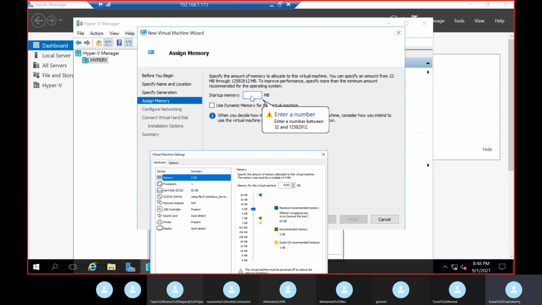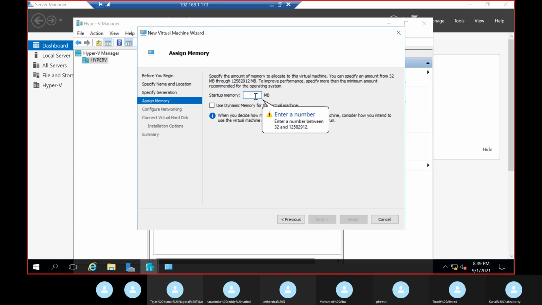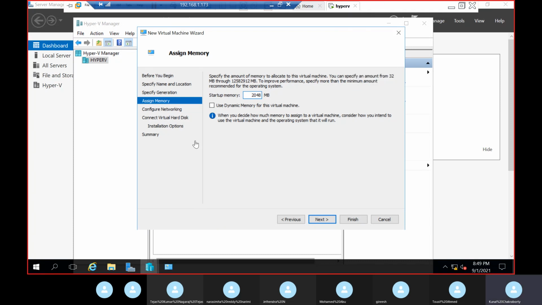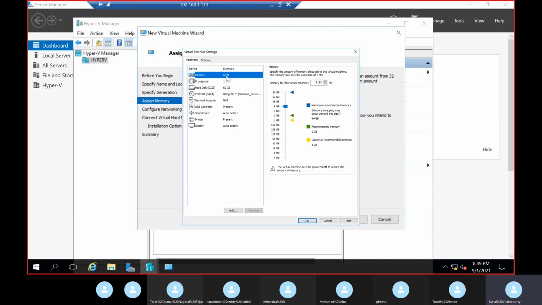It's a little bit confusing because inside that VM you are creating another virtual machine. Correct? So in short and simple, just provide 4 GB to your VM. Inside that VM, when you are going to configure Hyper-V and create any virtual machine there, 2 GB you can allot, minimum 2 GB. So here I will give 2 GB, 2048. And this memory is coming from where? From my VM's RAM, from here, 8 GB.